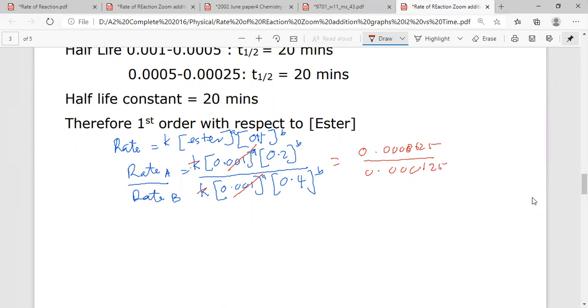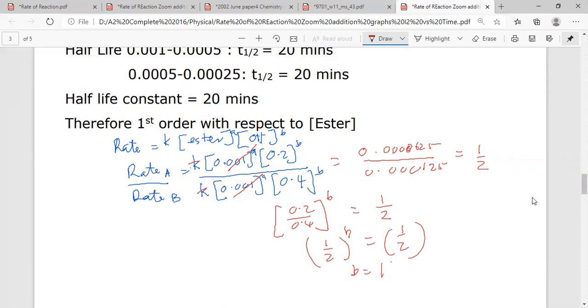Okay, you'll find that this is equal to half. So this is also 0.2 over 0.4, to the power of B, the common indices powers. So it's 1 over 2. B is 1 over 2. That means B must be equal to first order. Okay. So this is how you use